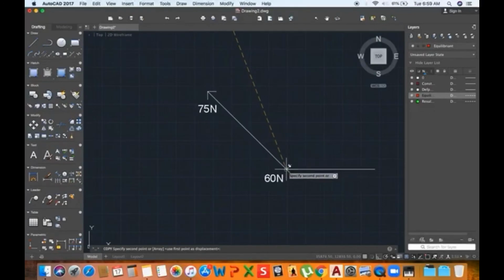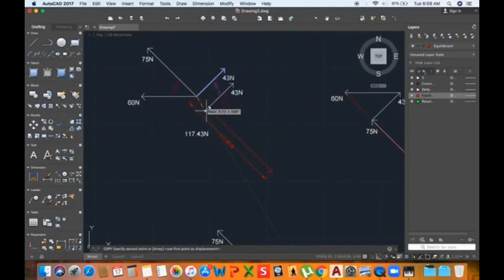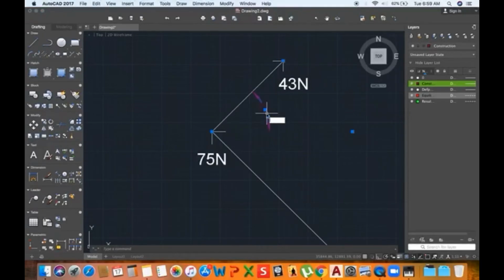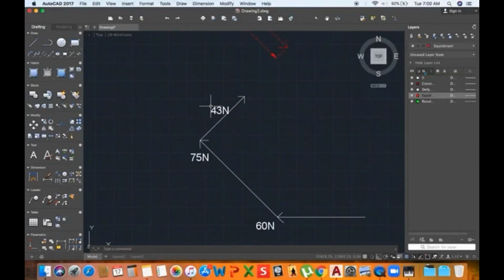So at the end, we are going to select the third one now, which is this one. Copy. Now in this case, you still realize that you are not getting an enclosed shape, and this is as a result of the body not being in equilibrium. So now the equilibriant force will be this line,